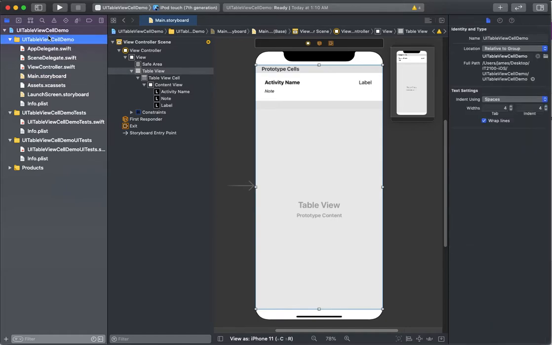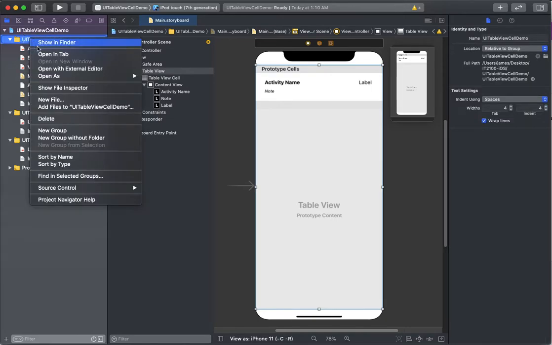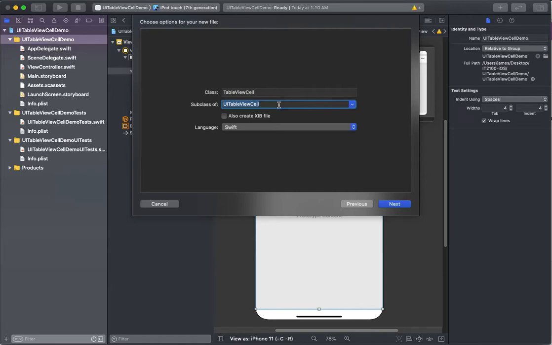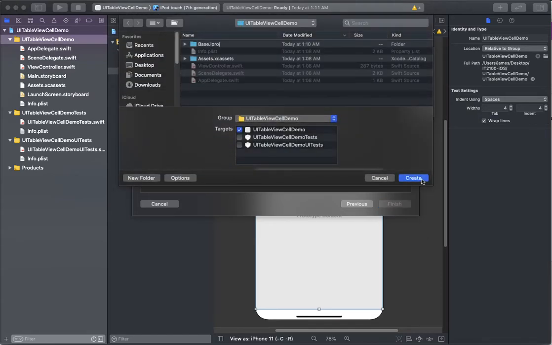So I'm going to go over here and just click on the top level folder and create a new file. It's going to be a Cocoa Touch class file, and I already have it populated from a previous example, but you just go over here and type in UITableViewCell, and typically we just add something in front of that. So this will be activity table view cell. And we want to remember that name, because what we're going to do is we're going to go into storyboard now,